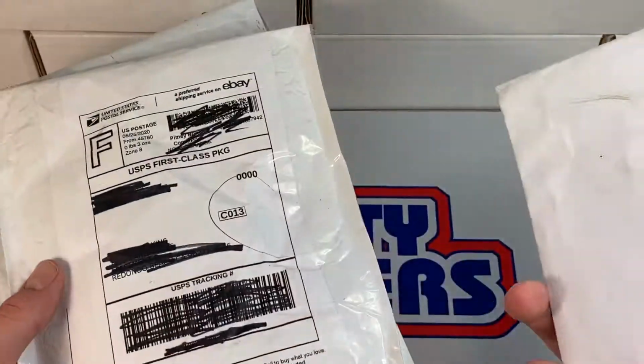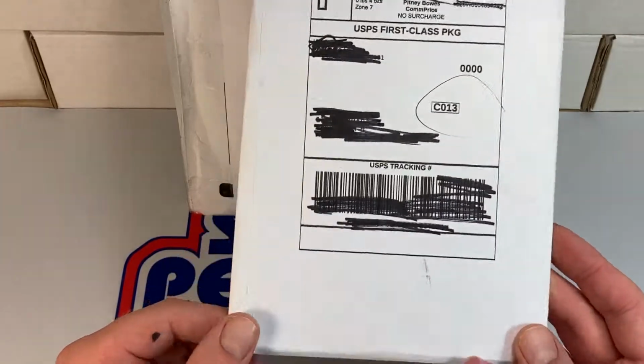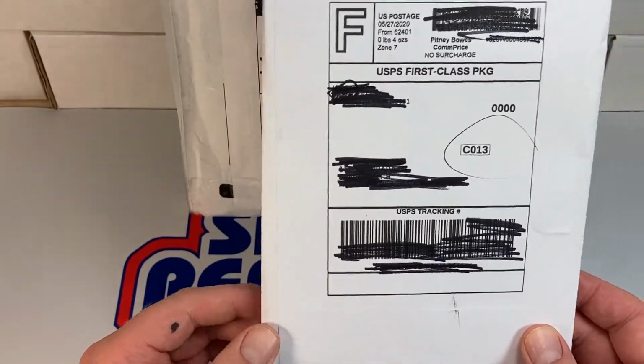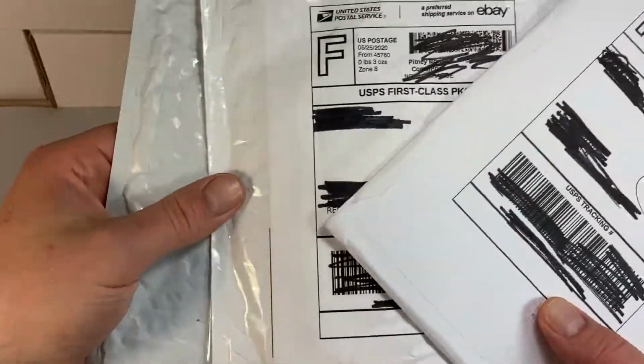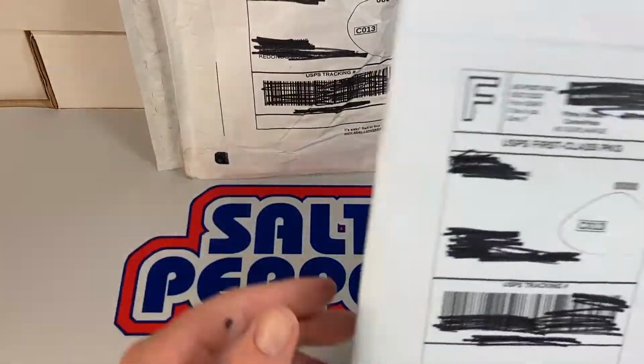But I'm going to go ahead and open these up, and I'd like to kind of just comment on the packaging too, because that's something I've been running into as I've been shipping cards out. Like the best way to ship, the best way to pack so the cards don't get damaged in the mail. All three of these came through the U.S. Postal Service, and I scribbled out the information so none of you can find out where I live